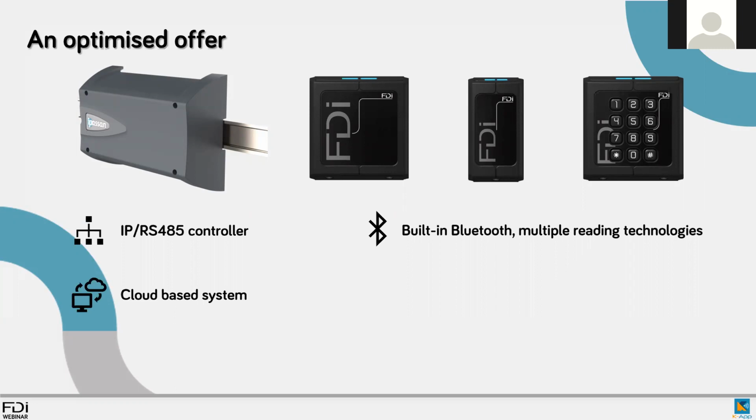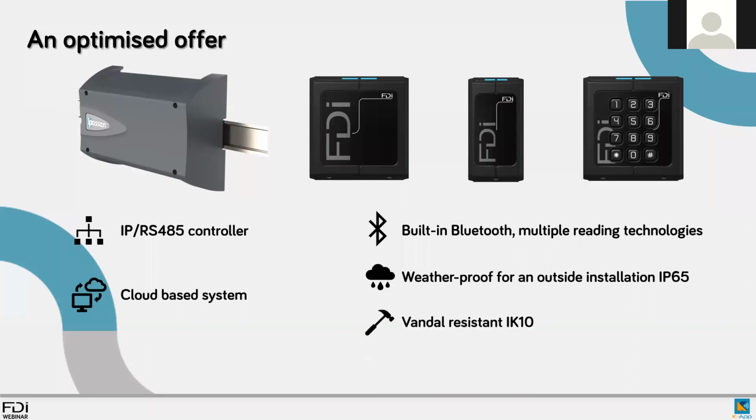And also those readers are perfectly adapted to be installed outside, weatherproof with an IP rating, which is IP65. And also they can be perfectly adapted for an outside installation because they are vandal resistant, IK10. And the last point, when we are talking about